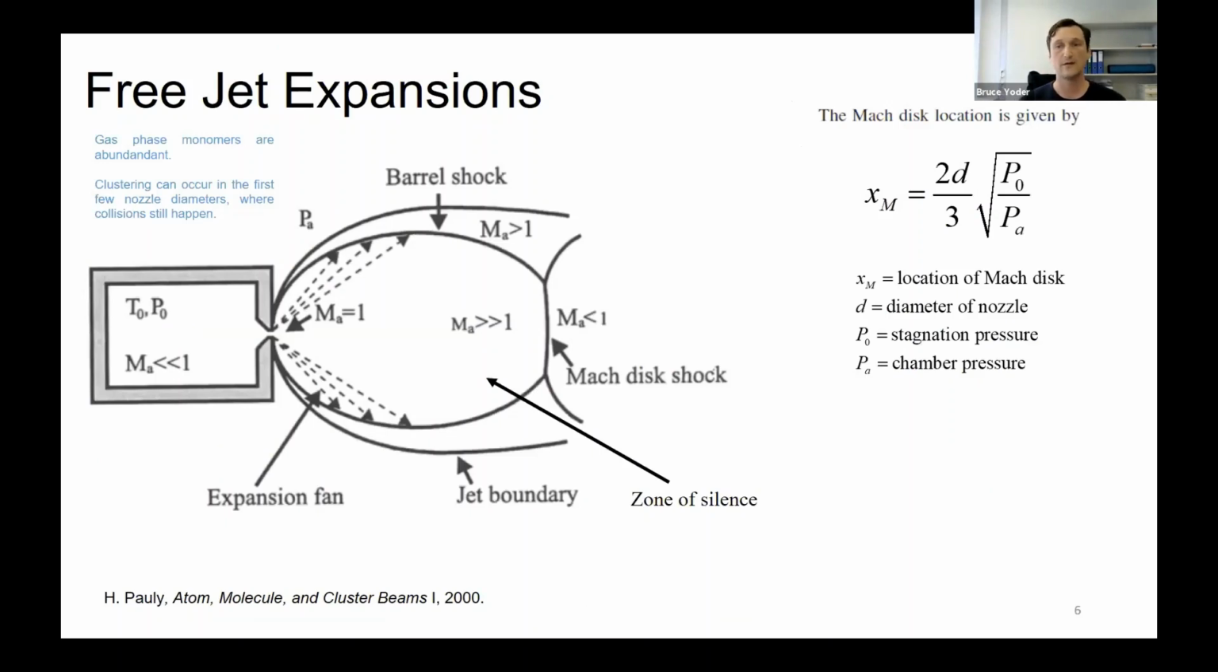Here's an example of a free jet expansion. You've probably seen this before. From a short converging nozzle, if the stagnation pressure is higher than the pressure outside the nozzle, the gas is accelerated towards the exit. Provided that the ratio P0 over Pa is sufficiently high, sonic speed, a Mach number of 1, is achieved at the nozzle exit. The pressure at the nozzle exit becomes independent of the chamber background pressure, and the flow is said to be underexpanded. As a consequence, further expansion occurs,